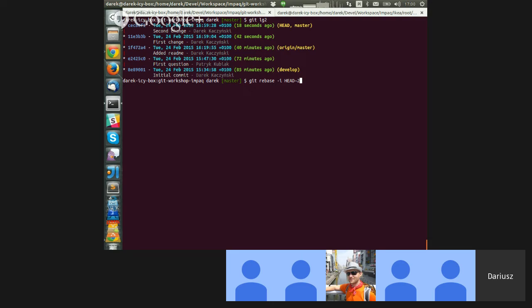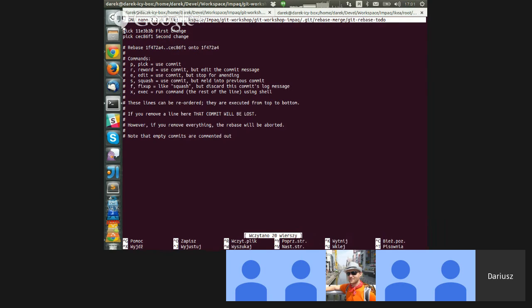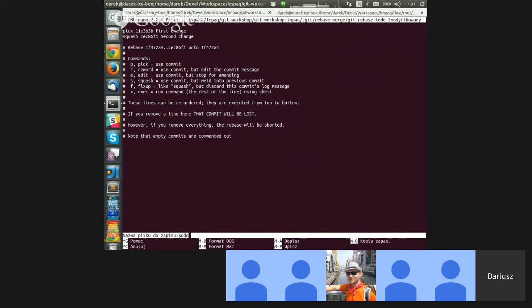Okay. So I should currently. That's not the end. That's the beginning. I issue this command and I go into this nice editor, right? So now I say pick first change, and on top of that squash second change. So what I'm typing here is actually not comments, not messages. Those are commands. I'm typing commands for Git to do this rebase here, right? You see, I have changed pick to squash, right? The second commit that I did, I want it to be squashed and merged into the previous one, right? And then I exit, save,